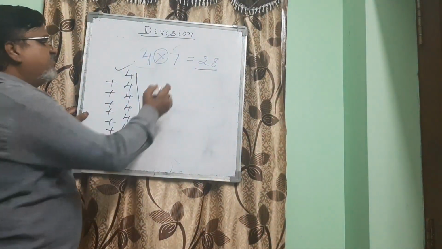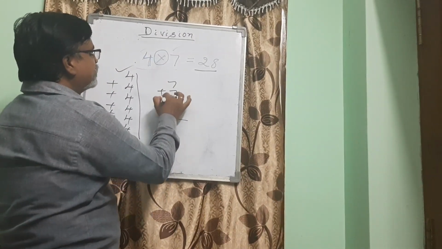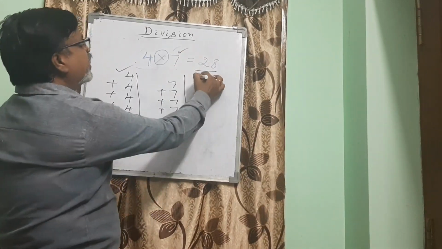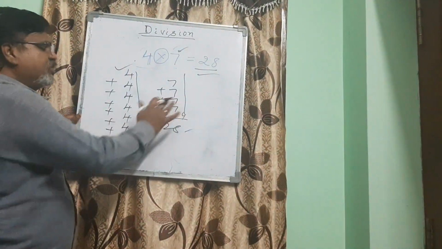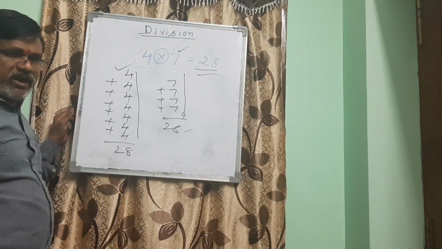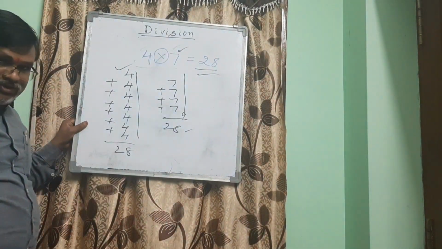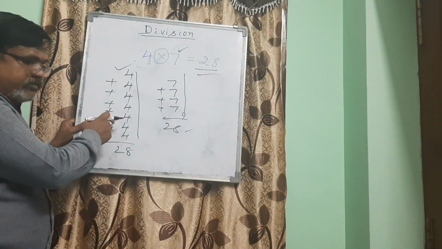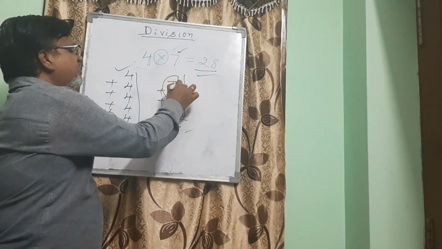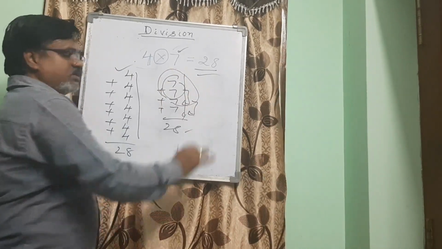You can ask me, why can't we add 7, 7, 7, that is plus, plus, plus, to get 28? So 7 can be added 4 times to get the 28. So between these two, whichever is having less number of steps, obviously adding 4 seven times needs 6 additions, while here you need to perform only 3 additions. 7 plus 7 one time, whatever the result you get, plus 7 second time, whatever result you get, plus 7 third time. So only 3 times.